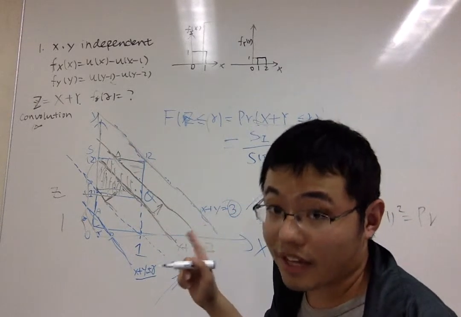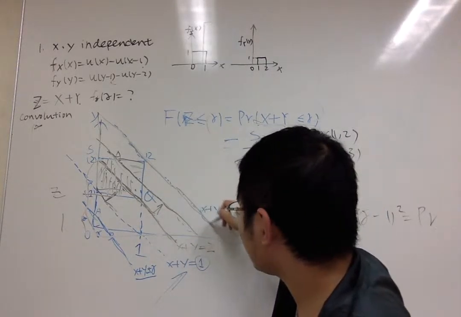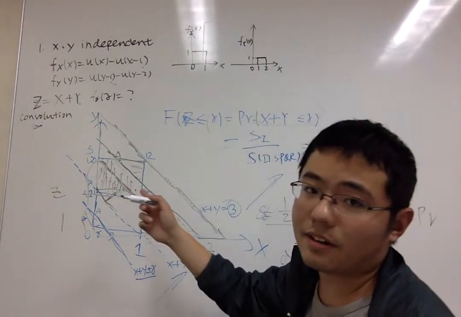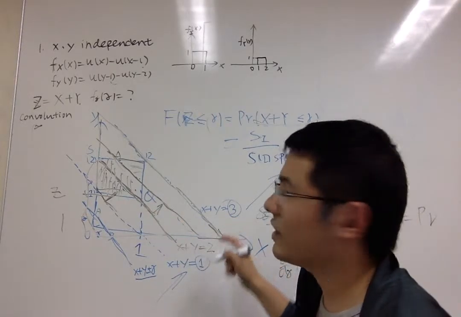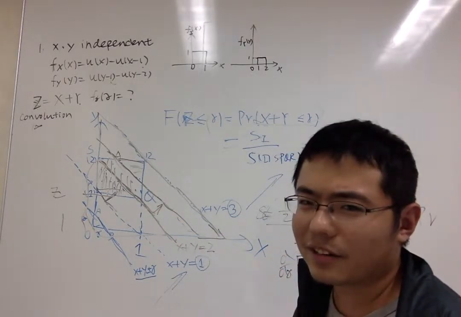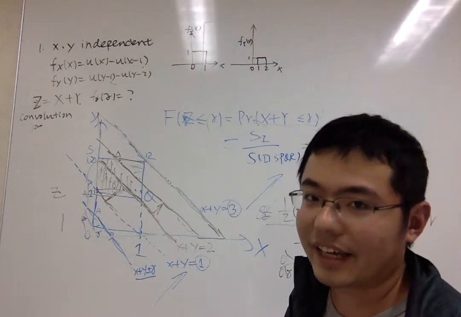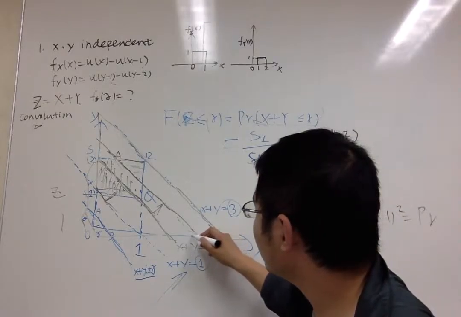In order to know that, we need to draw some auxiliary lines. Because all those angles are 45 degrees, without doing some rigorous mathematics, we could conclude that